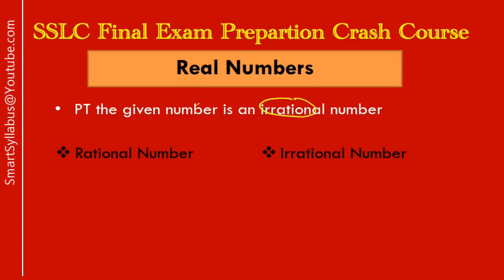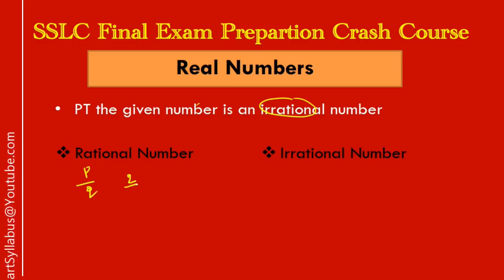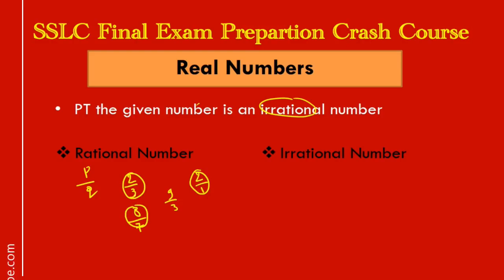So dear students, before diving deep into the procedure of proving a given number to be an irrational number, first let's discuss a little bit about the rational number and the irrational number. Usually the rational numbers are denoted in the form of p by q, something like 2 by 3, 8 by 7, 9 by 3, and even a 2, because if nothing is in its denominator, there is 1. So these all are known as rational numbers. And of course, remember, always the q must not be equal to 0. Then only it's a rational number.